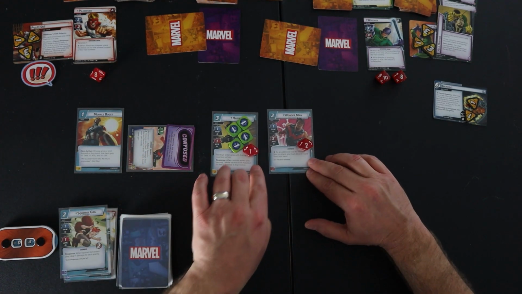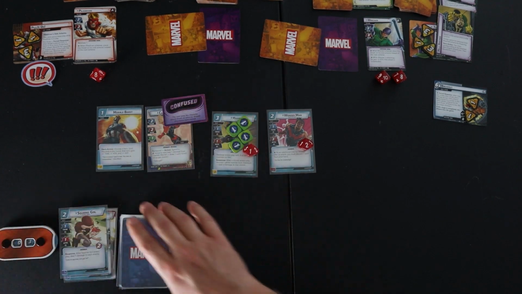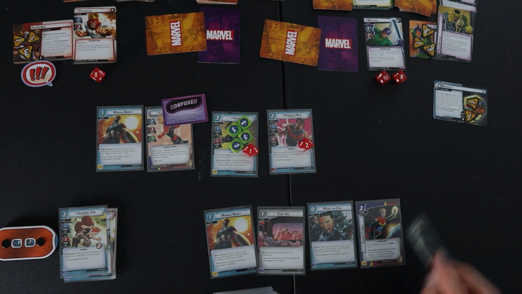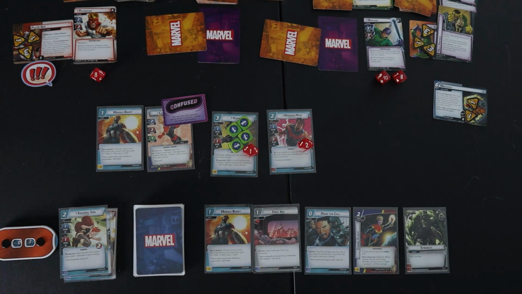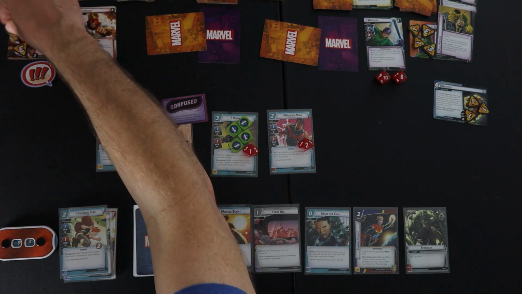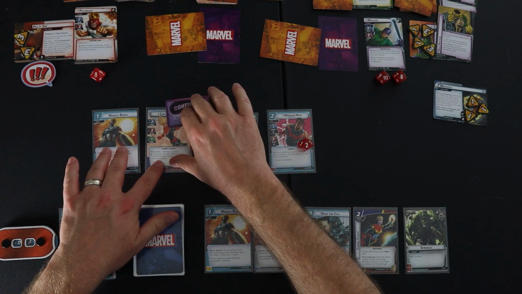So I'll ready up. And I have morale boost, but she won't be defending because she only has 3 health. I'm going to draw up to 5: 1, 2, 3, 4, 5. Okay. So one here, bring him up from 7 to 8, and bring him up from 5 to 6. Okay, and she's in hero form, so